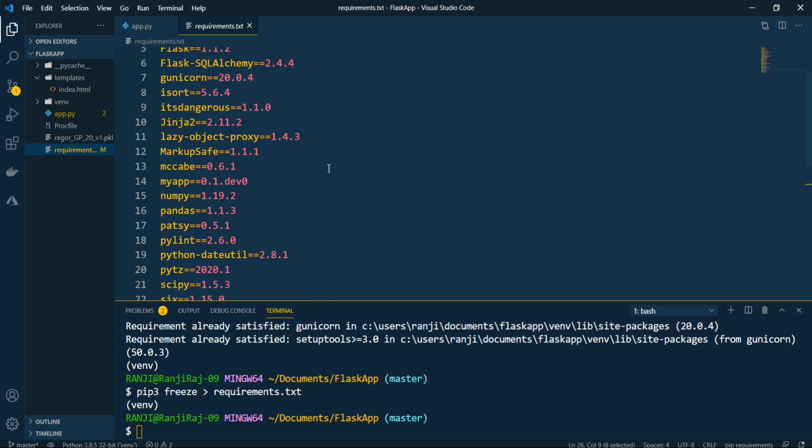So you can consider this requirements file as something like when you want to build your house, you will give the contractor requirements, like you want this much cement, this much bricks, this much manpower. Okay, so that is the requirement. Then it will build your house. Similar is the case with Heroku.